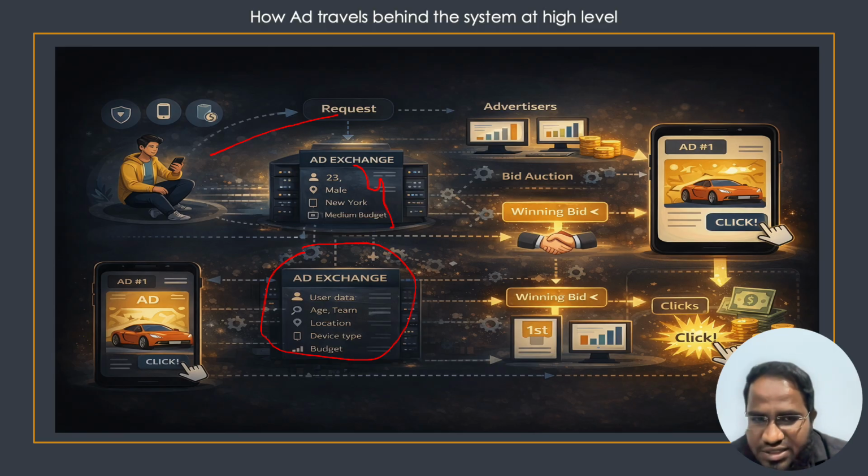So there are high chances that this person will also click that ad. This assumption is sent here, and the ad gets filled by an impression. Then if the user likes the ad, he will click on it to know more about that product, and that becomes a click. This is how, at a high level, the ad travels behind the scenes in the ad engine.